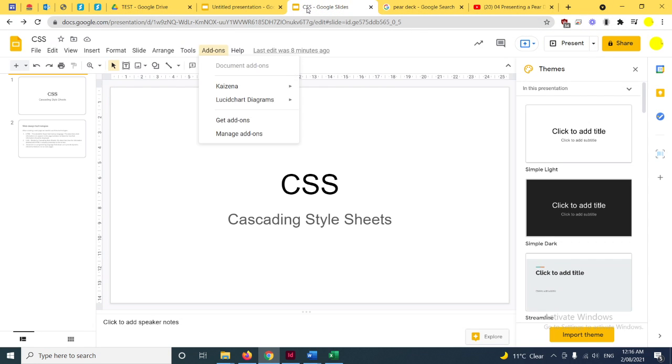Alright, so Pear Deck can basically be associated with Google Slides or Microsoft versions of the same thing. I'm just going through the Google side of things. If you want to do the Microsoft stuff, once again, go and look at a tutorial online. They're easy to find. What you do is, to start with, create a quick slide, go to add-ons, manage add-ons,